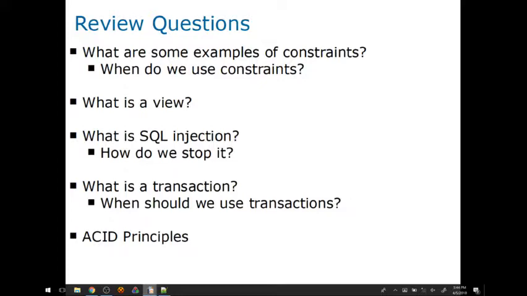What questions do you have? The prep work was a lot lighter this time than last time. There wasn't as much stuff to pull out, but I didn't do all of it. Is there anything from the prep work you were hoping I would talk about that I didn't quite get to today? It went through creating tables. We actually saw creating tables last time, so I didn't feel like I needed to rehash that a whole lot this time around. It went through creating databases, and then the opposite of that, dropping things, which is useful but dangerous as well. Are there any questions about any of the topics before we hop into the walkthrough?